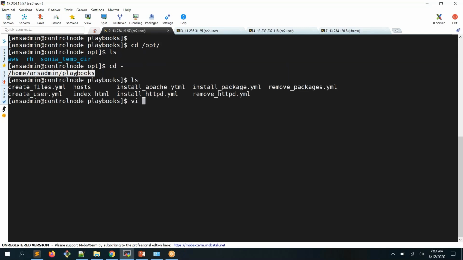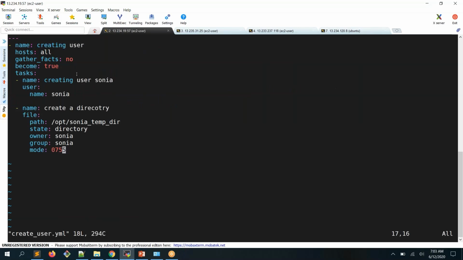Now assume that one more user came and joined in my company. Now I would like to create his user. You can see here 1, 2, 3, 4 locations I need to change, even 5 locations I need to change the username. It is quite difficult, right? So now assume that Modi is going to join in my team. So rather than changing this one, I can give a simple way, that is